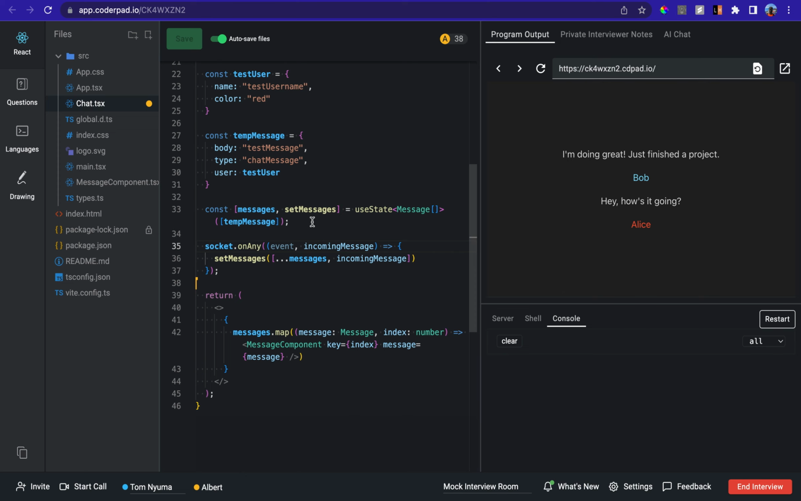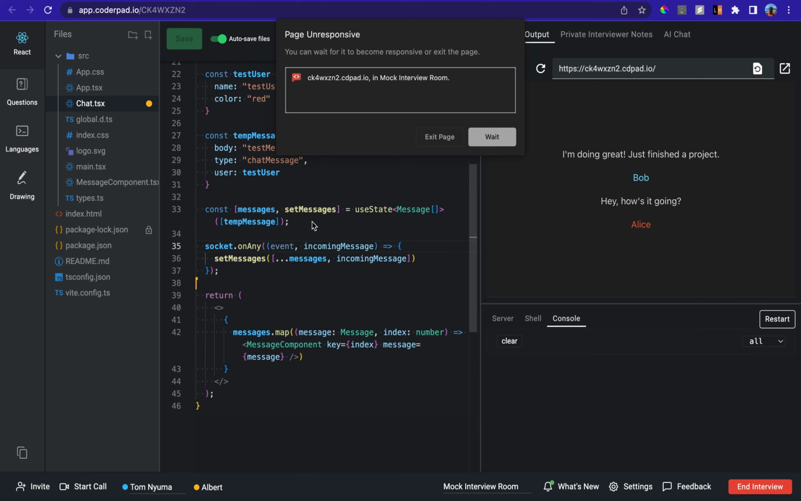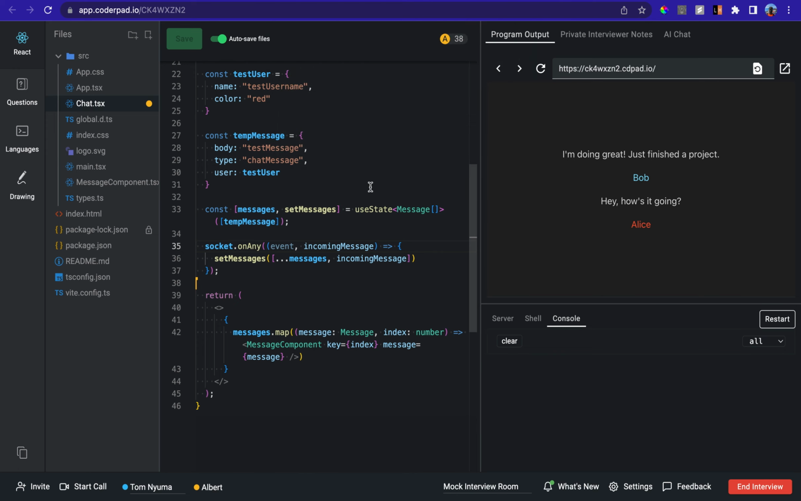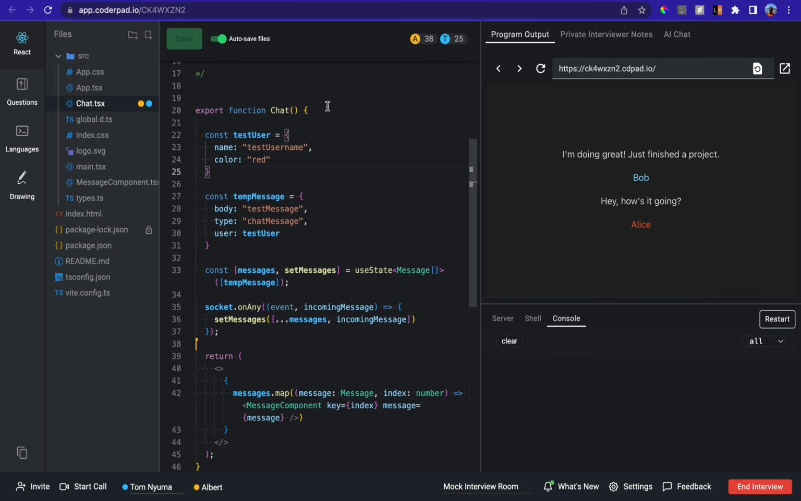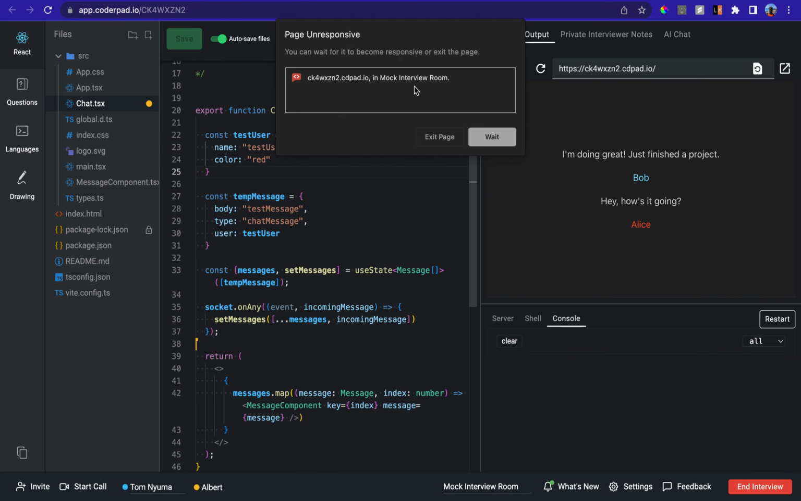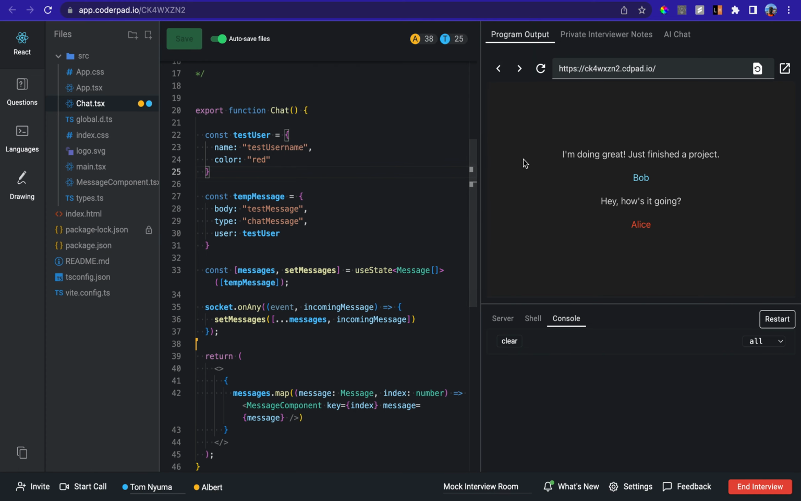So set effect will allow us to render whenever on any event we want. I'm trying to think how we can use the set effect to only render an additional message. Yeah. So if I use the set effect on an additional message, or on messages changing in that list,